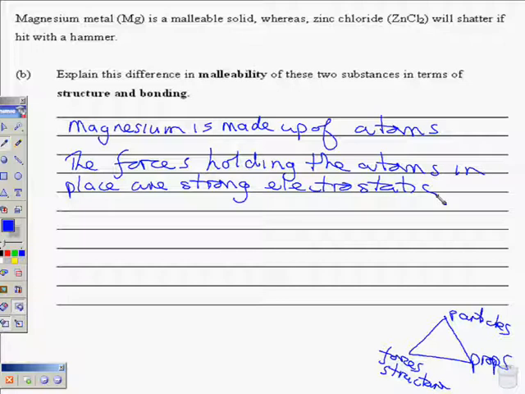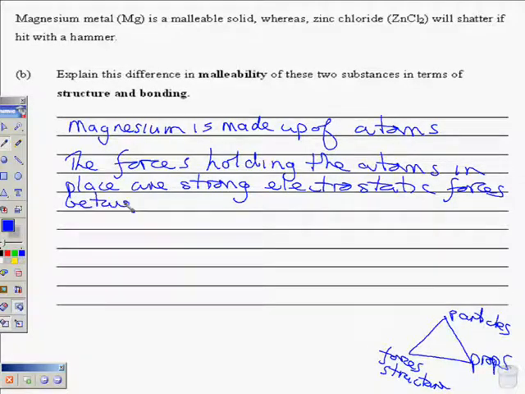This is a clumsy sentence construct, but the examiners are just looking for, they've hit that point. Might be a bit clumsy. Wasn't written by William Shakespeare, but they've got the detail in there. So the forces holding the atoms in place are strong electrostatic forces